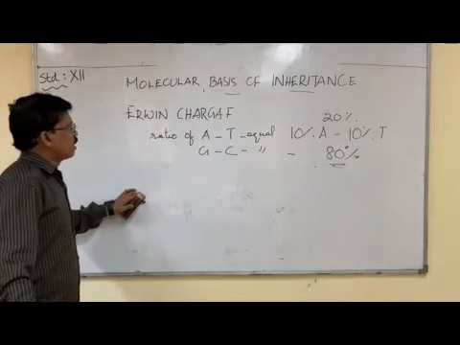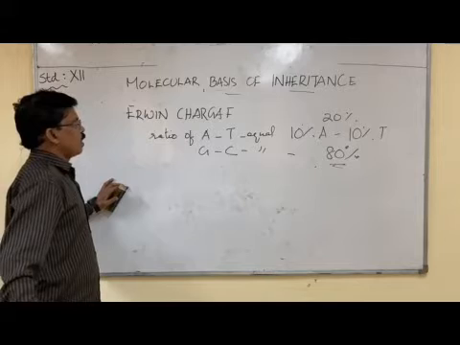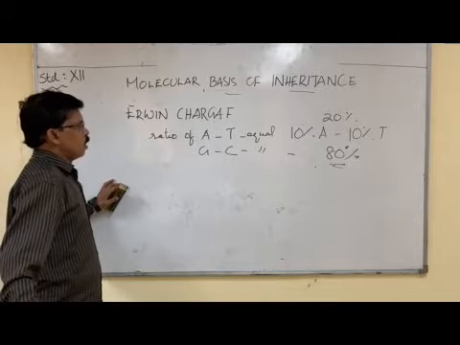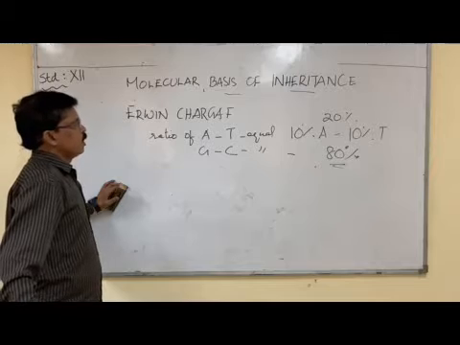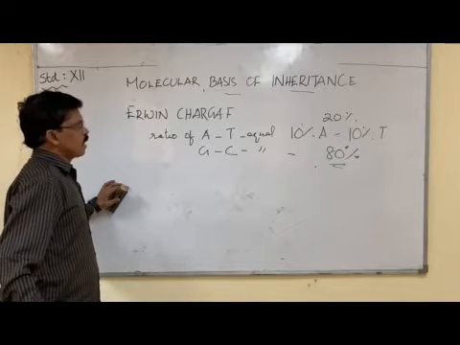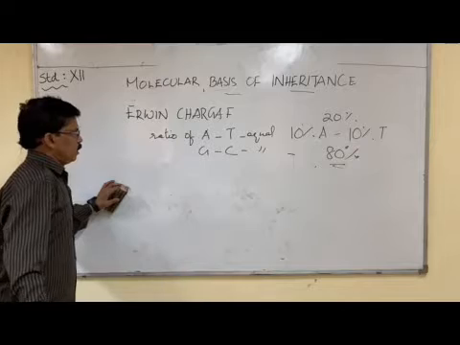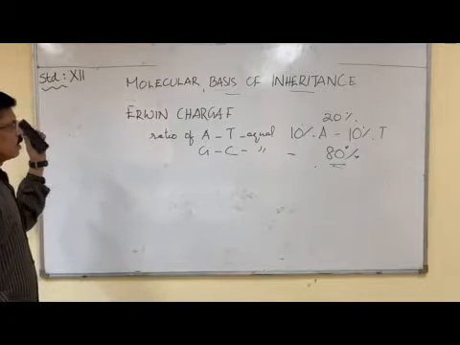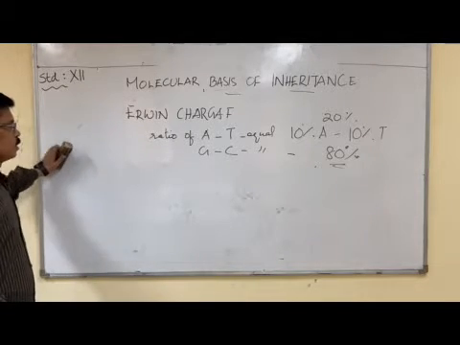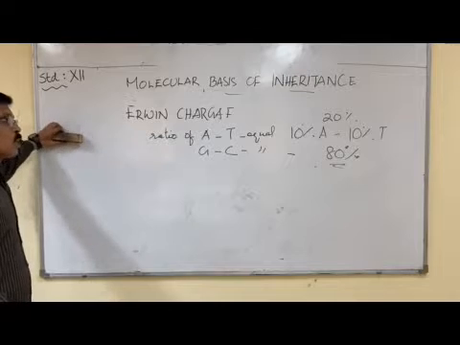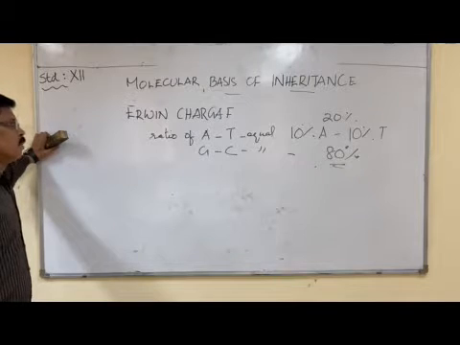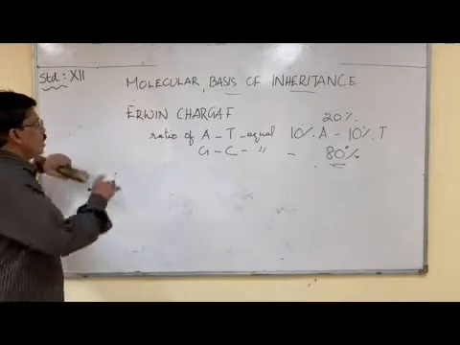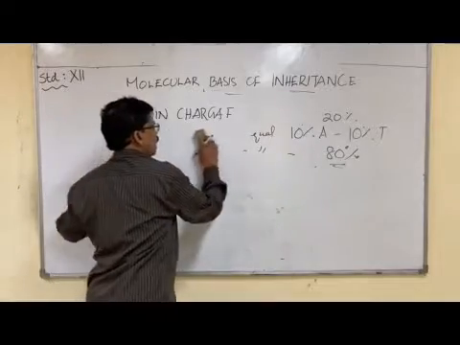Okay. So the ratio of adenine and thymine is always equal in a DNA molecule. If adenine is 10%, then thymine also would be 10%. If guanine is 10%, then cytosine is also 10%. If adenine and thymine together are 20%, then what would be the percentage of guanine and cytosine? The remaining 80%. Okay. Now we are coming to the packaging of DNA.